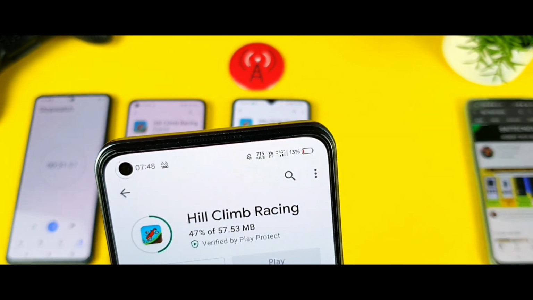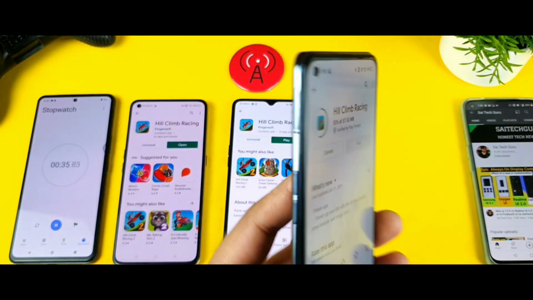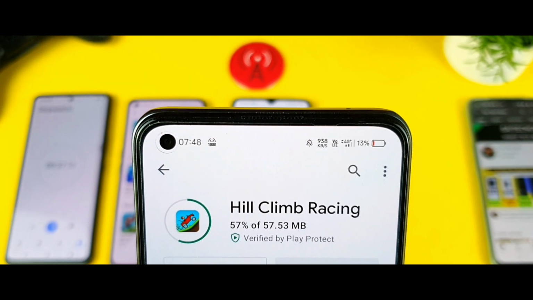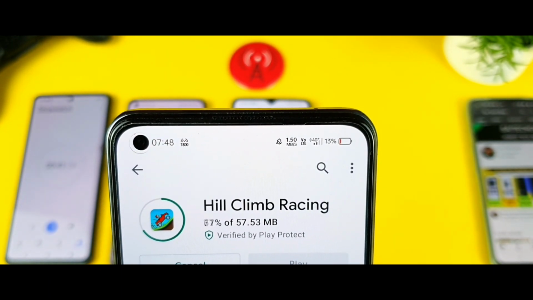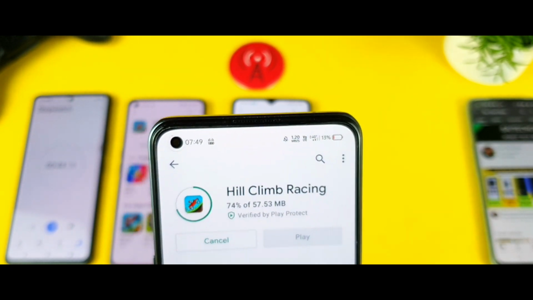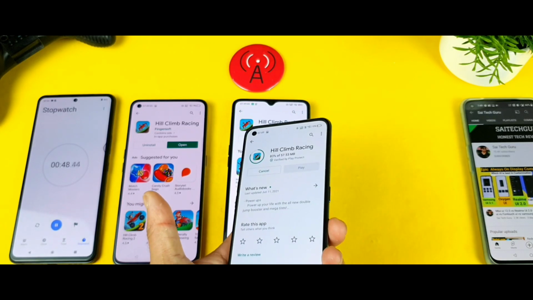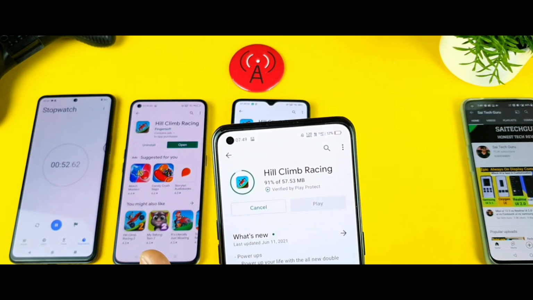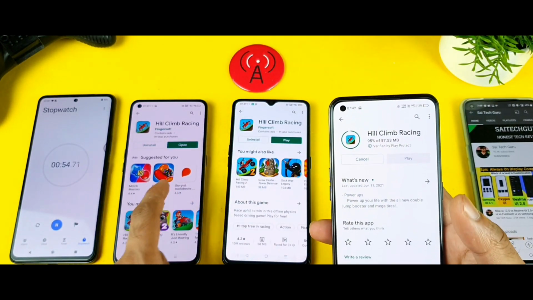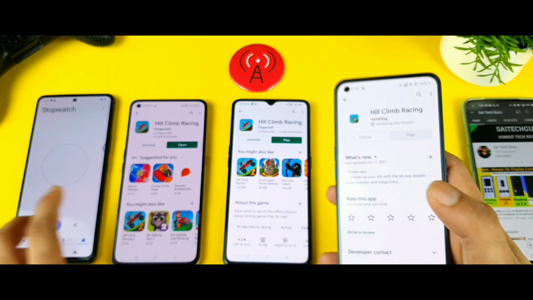As you can see, friends, the speeds are not that fast in this Realme X1 Max. Maybe it's not getting more bands, that might be the reason. So 1.50 at this location, but it's better than the Realme X1 Pro. Yes, it's better than the Realme X1 Pro. Let's see whether this can finish within 68 seconds or not. 98, yes, done. 58 seconds.